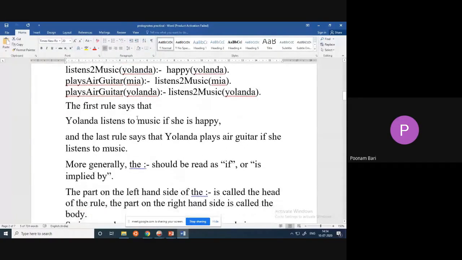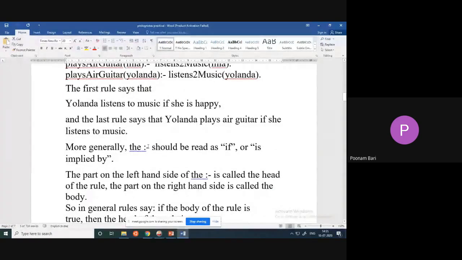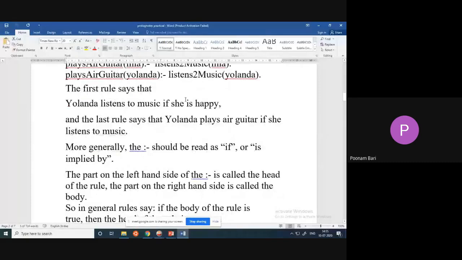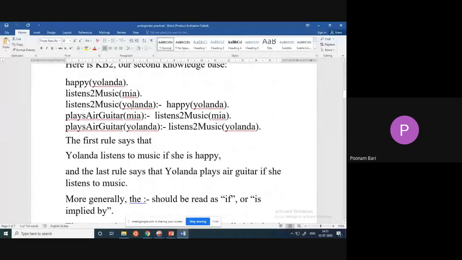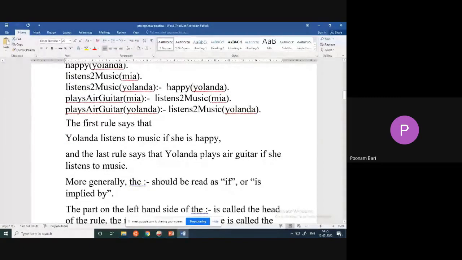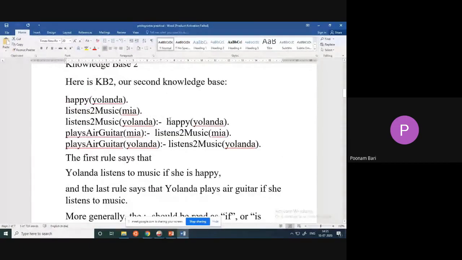Here, whatever I explained, this colon and dash is a rule, and how to read it is: Yolanda listens to music if Yolanda is happy. That means if this particular part, the body, is true, then only you will get the answer true.